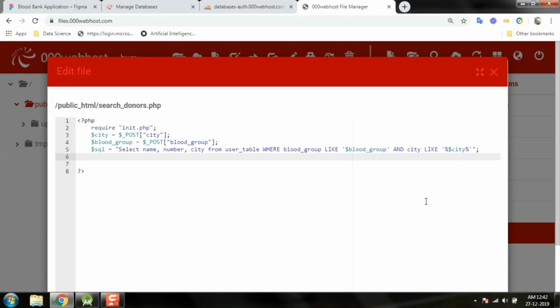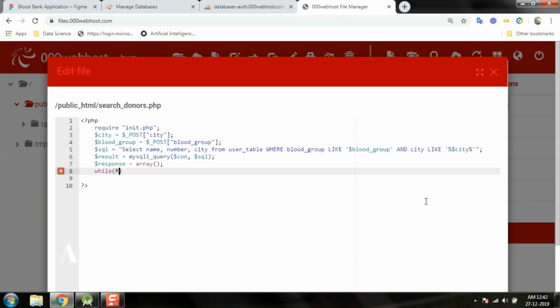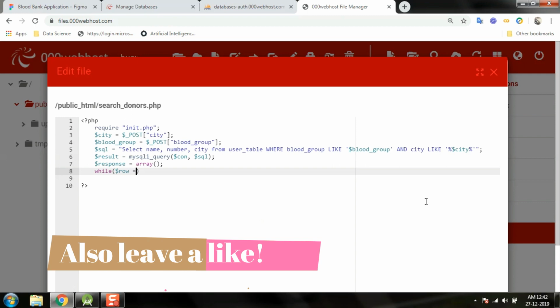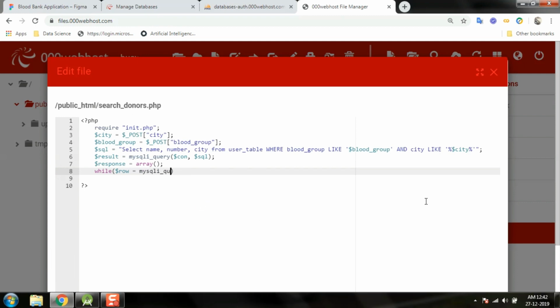Okay, so now we will run it and we have a response array, while row equals to mysqli fetch associative array from this result. We will keep adding